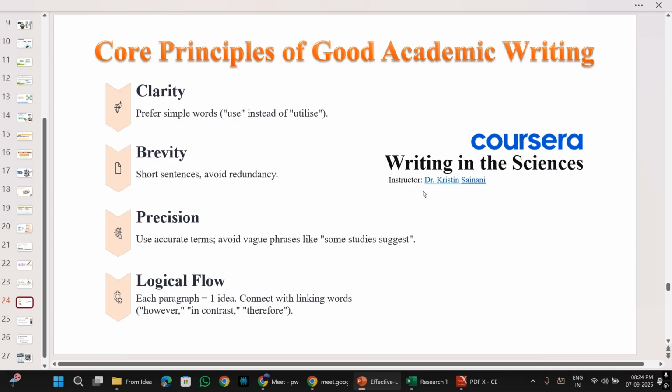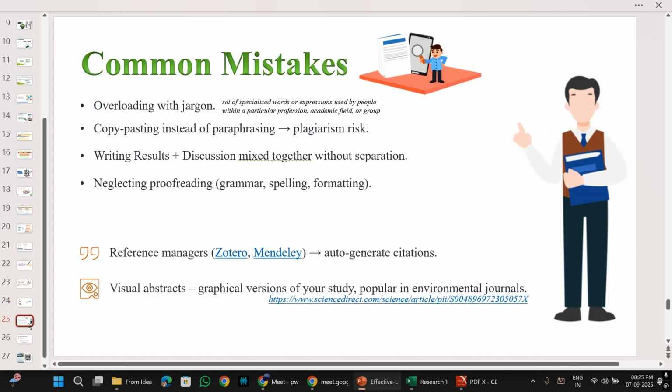But then best is once you complete writing your thesis or your manuscript, go to this particular course one by one. Just find this course on Coursera, which is run by Stanford University. Dr. Christine Sainani is a wonderful lady. Smiles all throughout her lectures and tells you stories and gives you examples, and you will find them very relevant to the kind of work that you are going through. So you will enjoy her lectures. They are just 5 minutes, 3 minutes, like that, so you feel good about it.